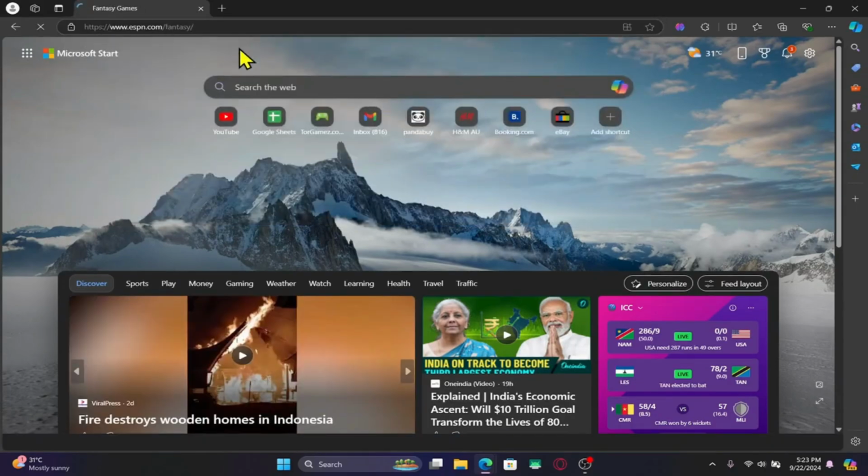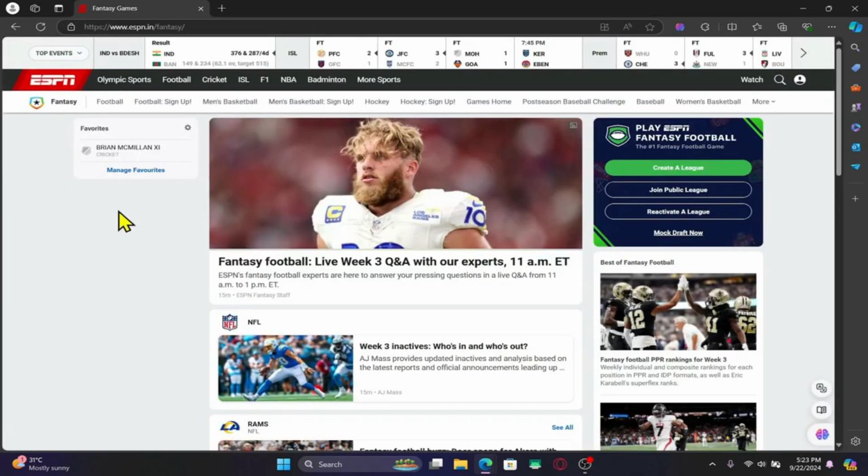You will now be taken into the official ESPN Fantasy Sports website. Now, if you haven't logged into your account already, click on the sign in button within the homepage and proceed forward with your email address and your password. Once you are logged in and taken back to the homepage, in order to create your league, click on the